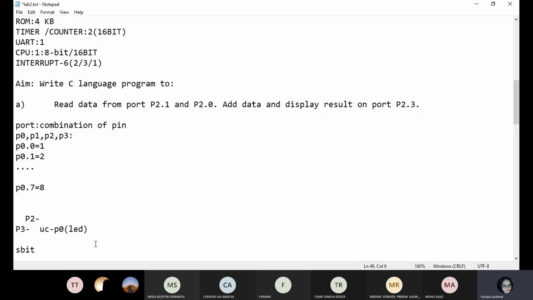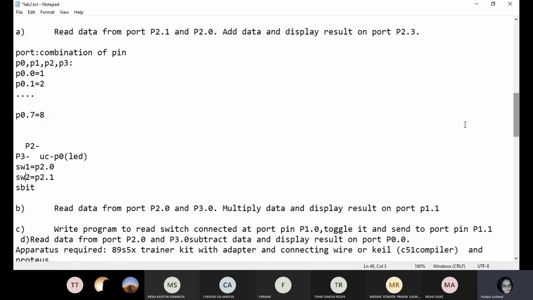sbit is a single bit definition. Assume you want to give the pins P2.0 and P2.1 the names switch 1 and switch 2. How should I define this pin in programming? sbit switch1 = P2^0.